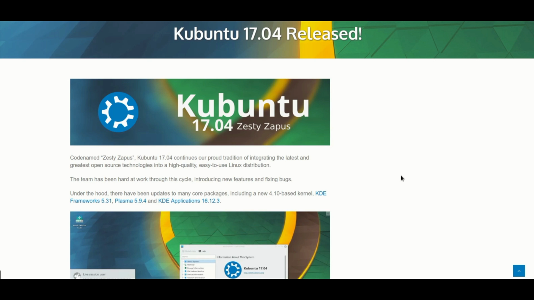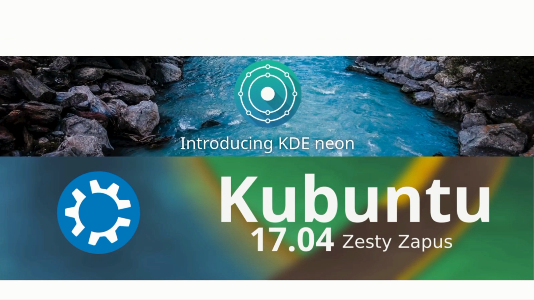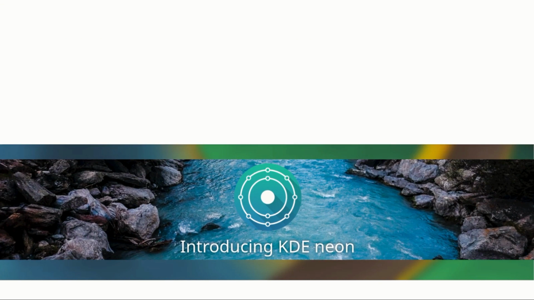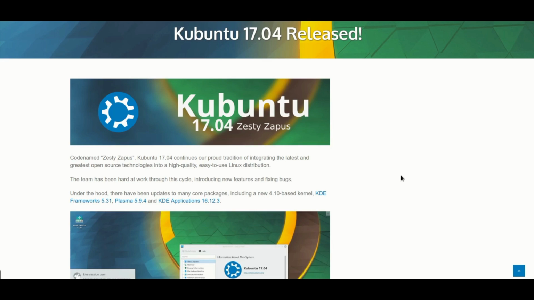Now, there was a time when Kubuntu kind of lost my attention because KDE Neon came on the scene, offering a more bleeding edge version, or the latest version, if you will, of KDE Plasma and their desktop environment. So I kind of moved away from Kubuntu. Also, I had some issues the last time that I installed Kubuntu, and some of those may have been attributed to the quick release cycle of the KDE desktop at the time. Nevertheless, I moved on to Neon, and it seemed like Neon had the edge for quite some time